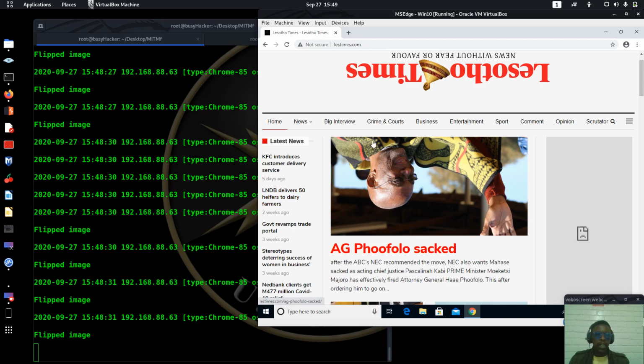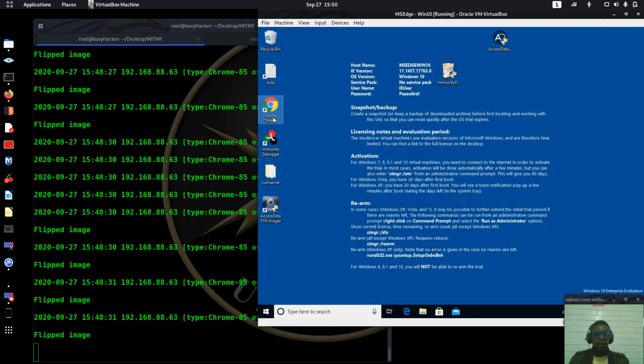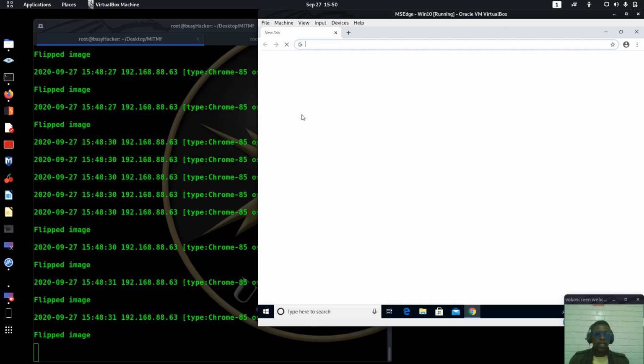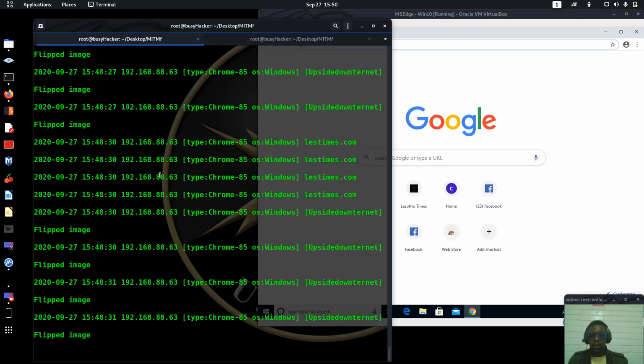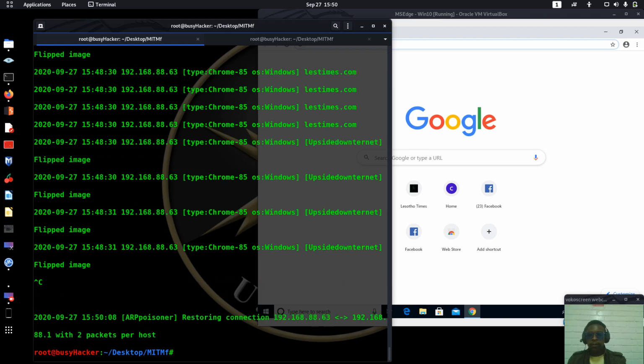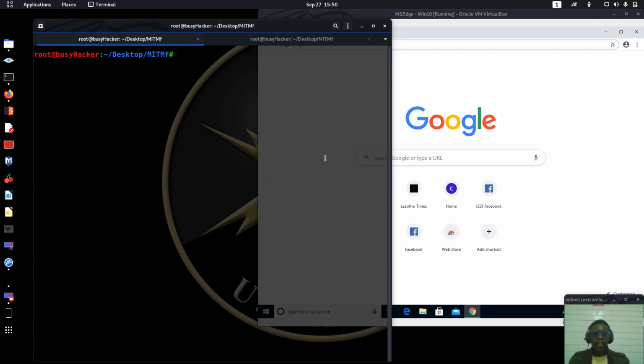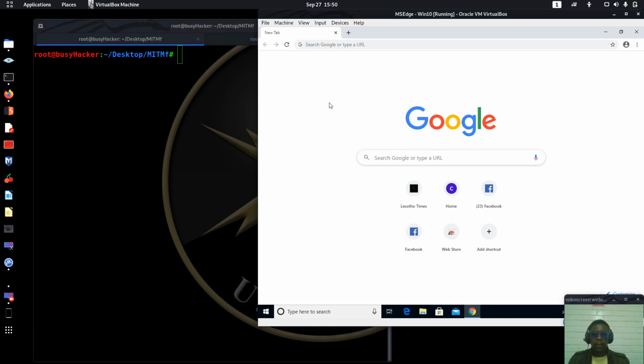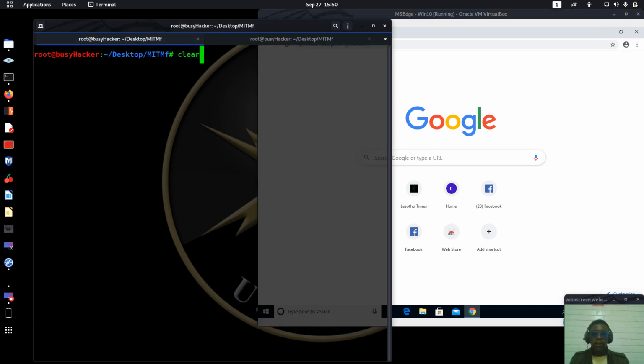So now that you can see that these people are upside down, we can shut down the browser and then launch the browser again. This is for demonstration purposes only. Because of this, I will terminate this again and then clear the terminal. And then after clearing the terminal, now what we are going to do is launch this command